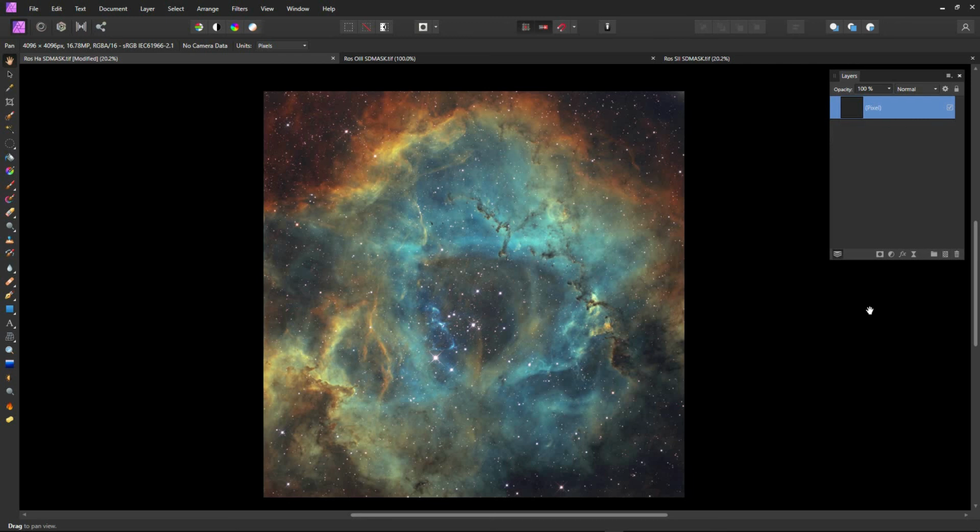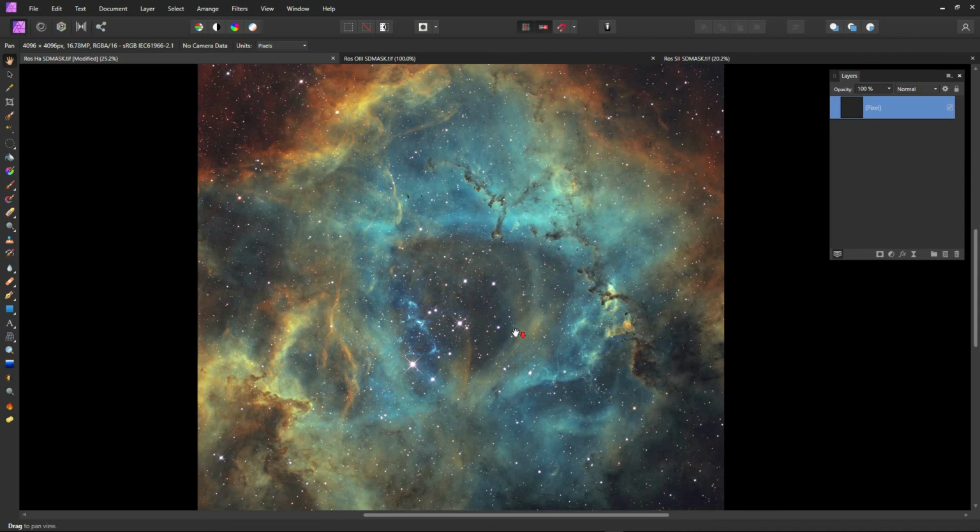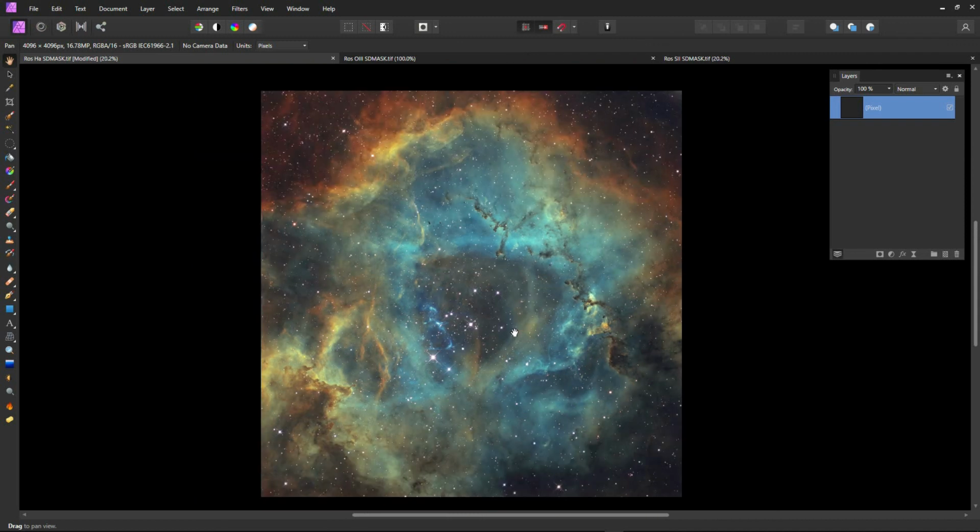So this is looking good. Once again, we'll do another reality check. This is our original Hubble palette image, and this is where we've got now. And I hope you'll agree that that's a much more pleasing image. We can do a final check on the levels menu,